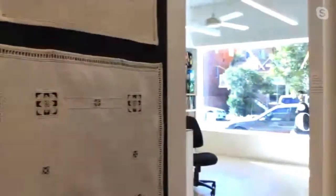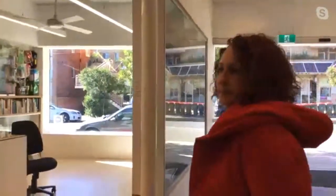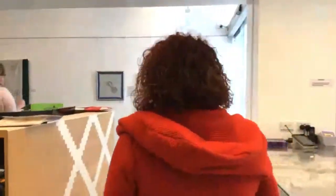And we'll follow Tessa around to the other side of the gallery, and we're going to look at a style from right down the south of Italy. Now we can...